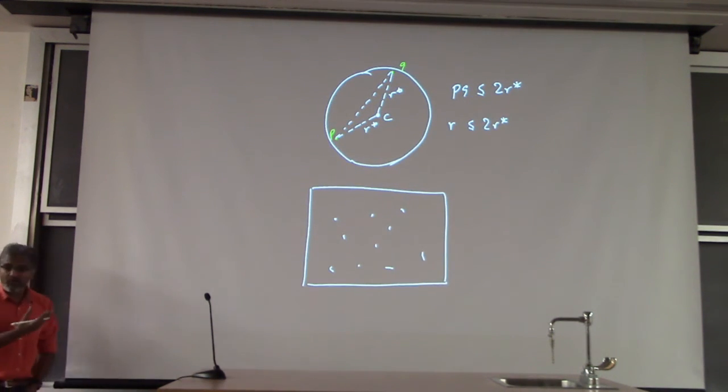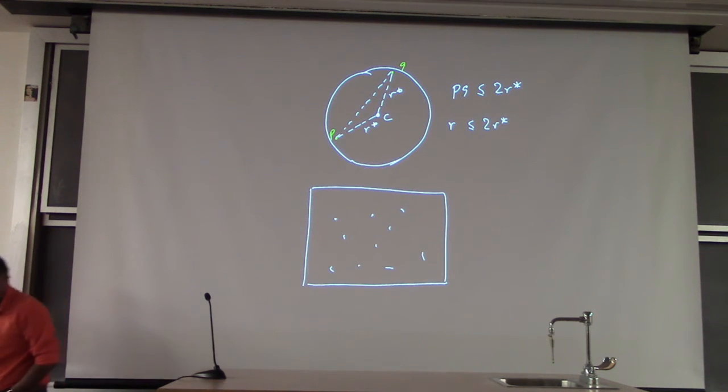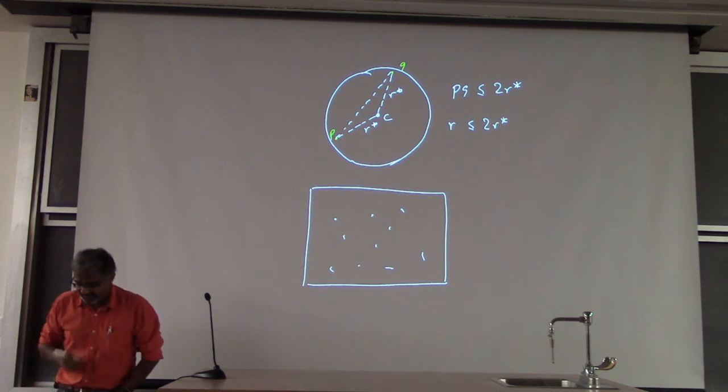And I now want to find the minimum enclosing ball for points on the plane, and I want to get a better than 2 approximation, because I hope that because I'm in the plane using Euclidean distance, I can do better. Here's what I can do. And this is a trick that shows up time and again in these kinds of approximation schemes where you want to get very good approximations. Step 1,